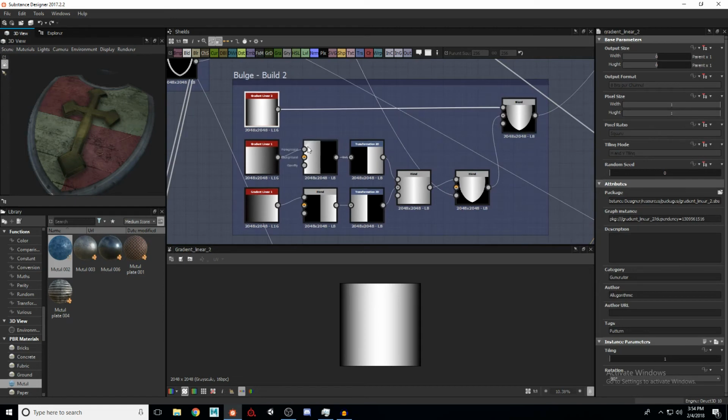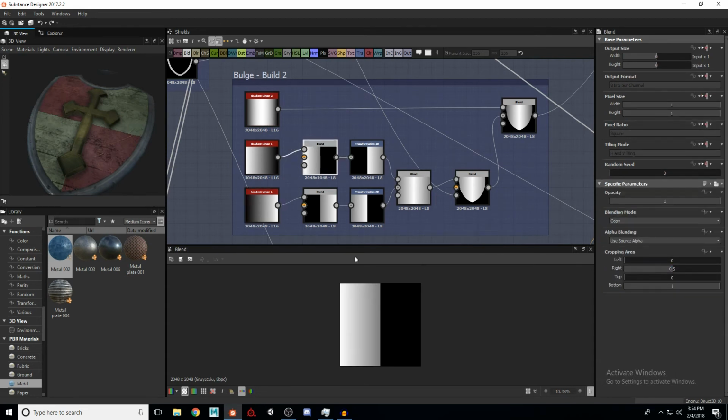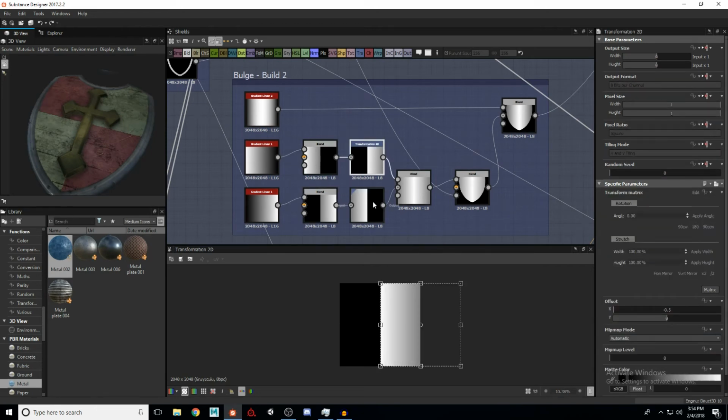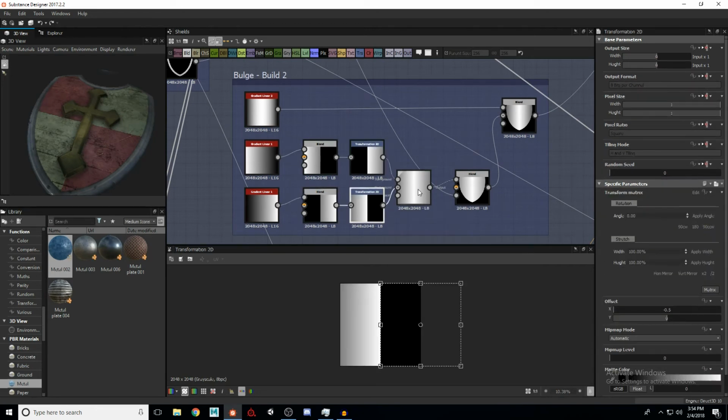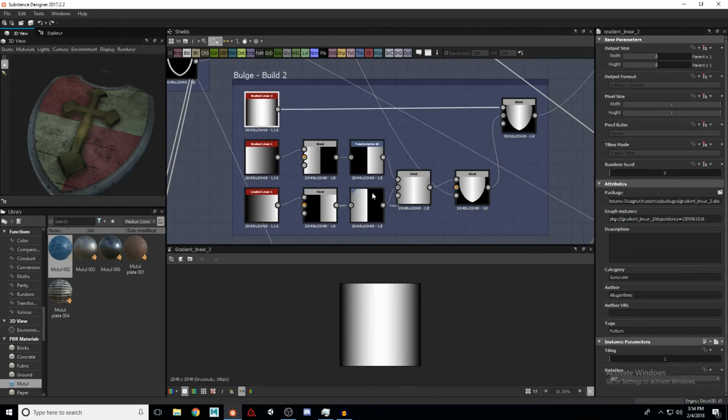I'm going to use that in a moment, but two gradient linear ones go in two different directions, which you can change the rotation down here for that. And I did a blend here where I took just the right or left half using the cropping area and transformed and moved them to the other sides. And then put the two together and you create this sort of, it's similar to this, but you'll notice that